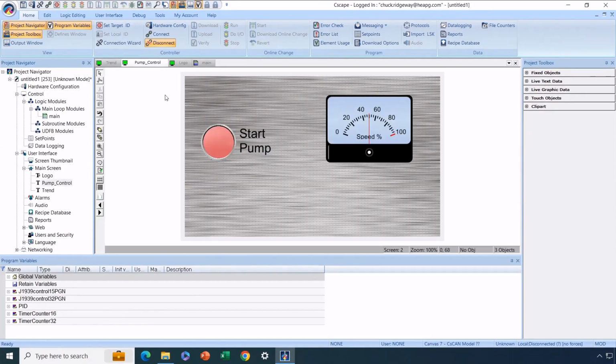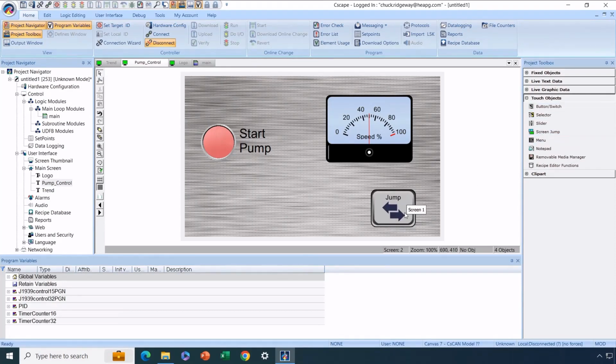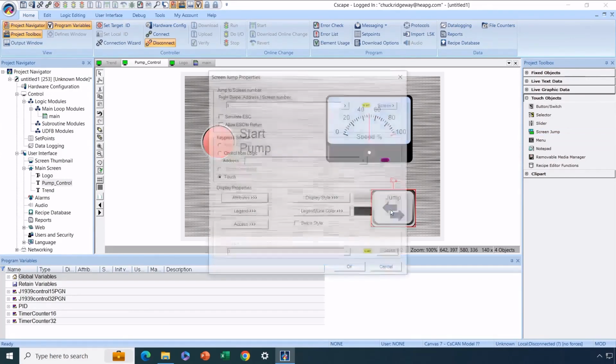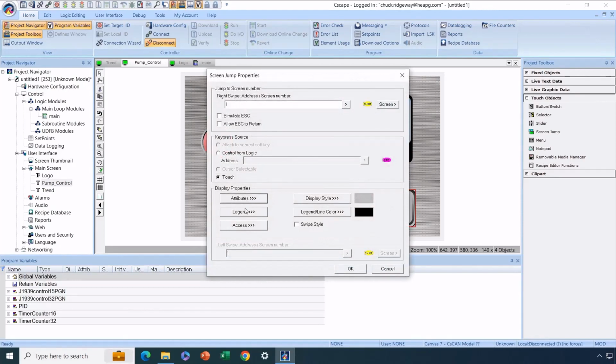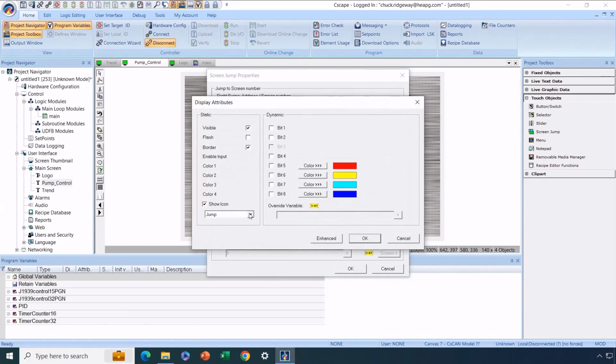Okay, and let's add a jump button, which is a touch object. And that's under screen jump here, and we'll just add it to the screen. This hasn't changed a whole lot, but you do have newer graphics in terms of the different icons that you can support for the jump object. So you have, if you go under attributes, even though they are similar categories, it's new graphics for the icons